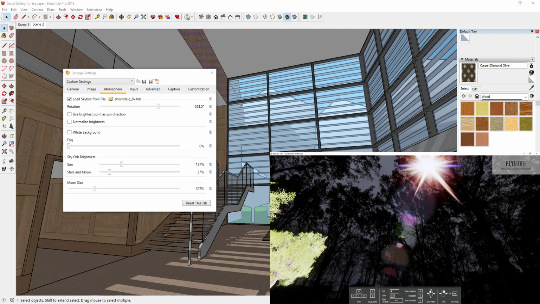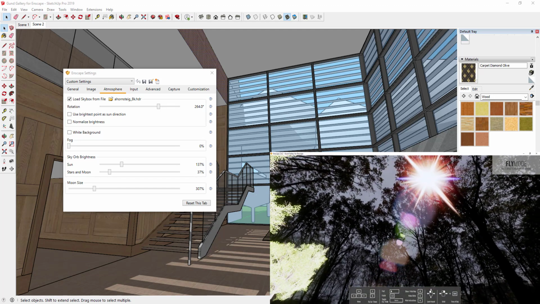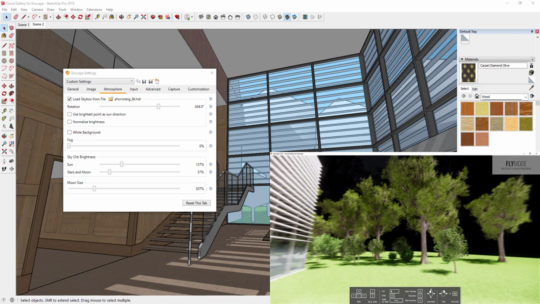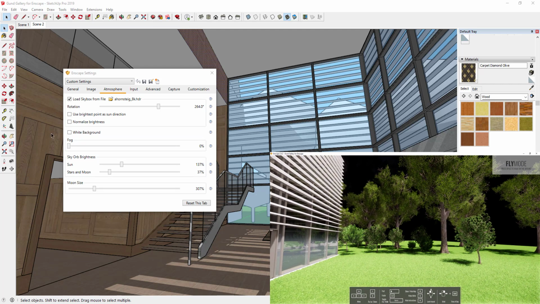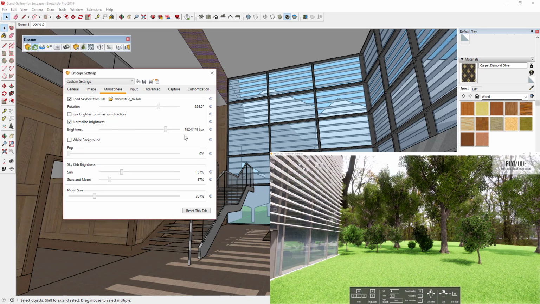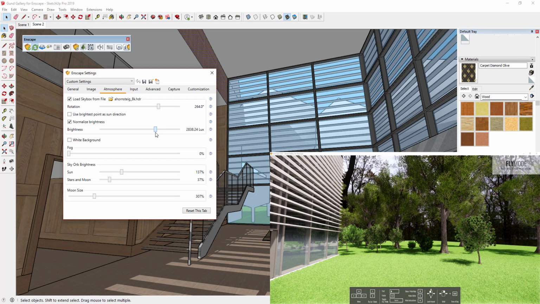You can see how if I turn that off, this is really dim, so it doesn't really look very good. And so what you do is you check the box for normalize brightness, and then you can use this slider to adjust the brightness of your background and your HDR file until it matches